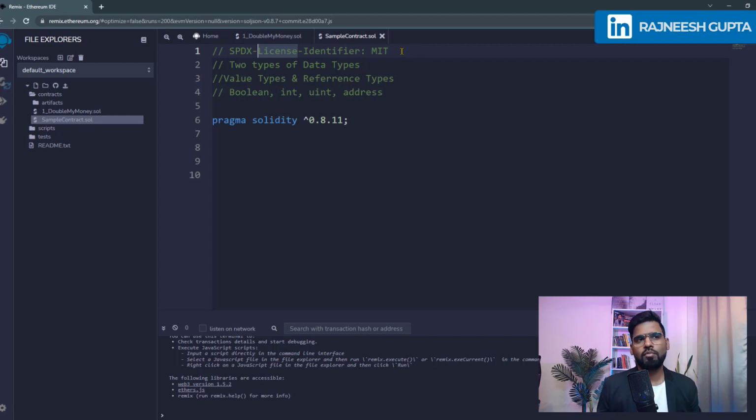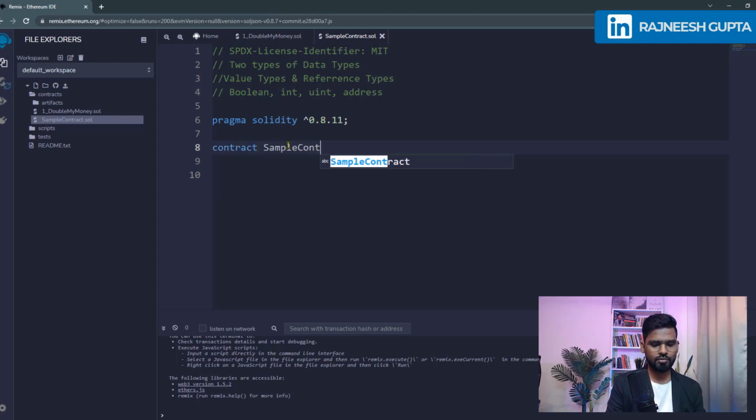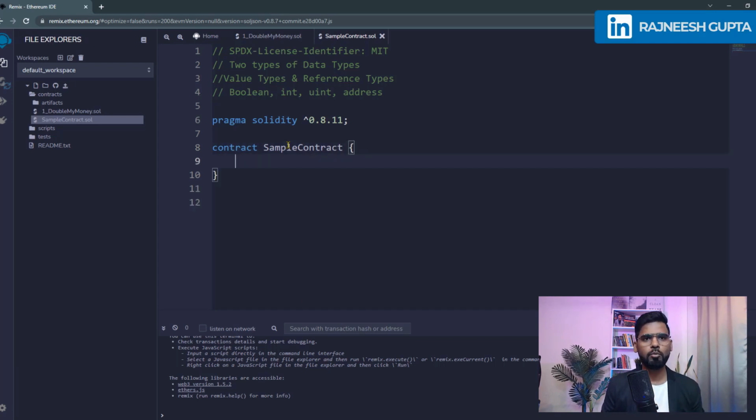Otherwise you get a warning or alerts. Let's create a contract first. Contract, maybe sample contract. Okay, and then under this, let's create a boolean. Now boolean is basically declared by using bool, and that's where we can keep it as public. We make sure it is public so that our Remix can also identify it, and it becomes a part of